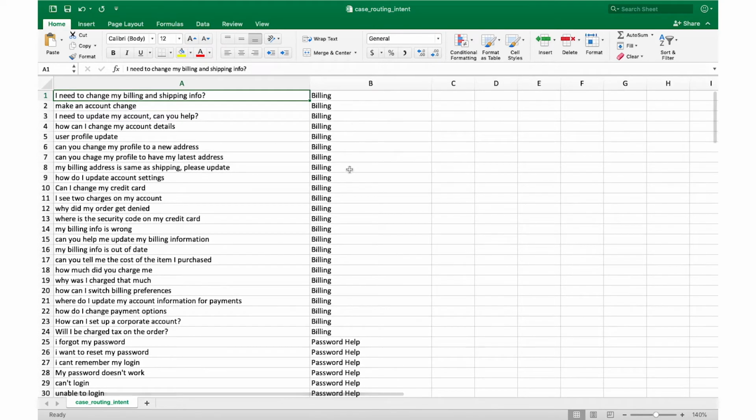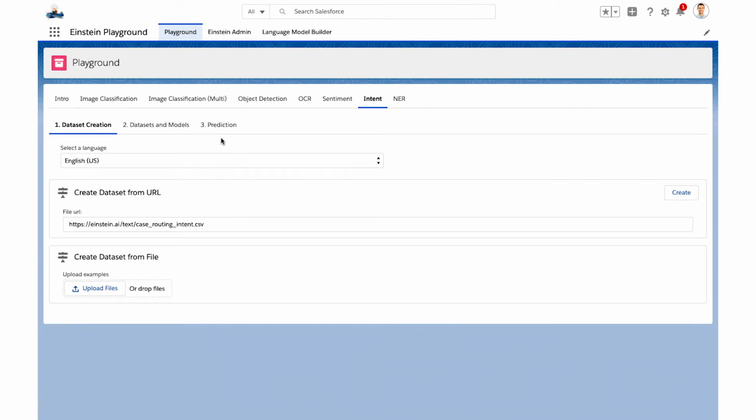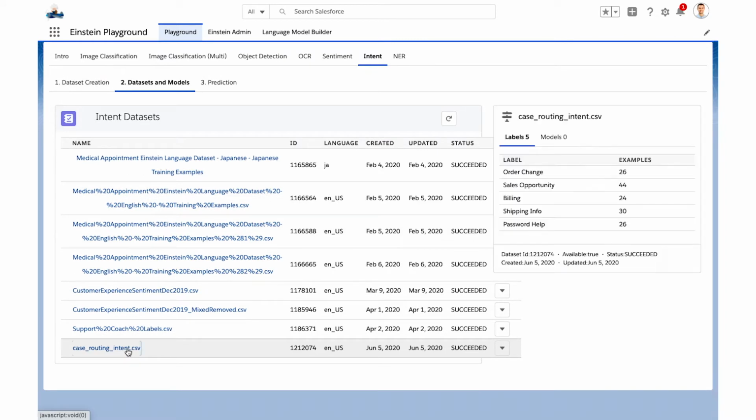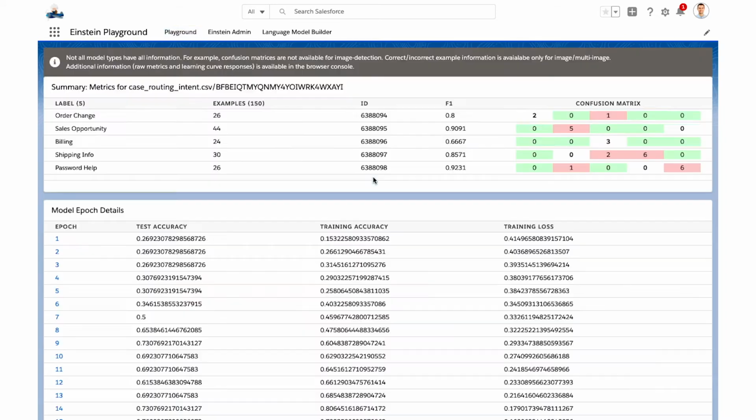Creating the training examples is pretty straightforward. All you need is a two-column CSV that allows you to put in the text data as well as the label for training the intent set. Now going back to this particular UI, I can go into the model, click on the data set I just uploaded, and look into the model I just trained. After looking into this model, I know that this model is performing great, and I can then go in to run further testing and deploy in production.